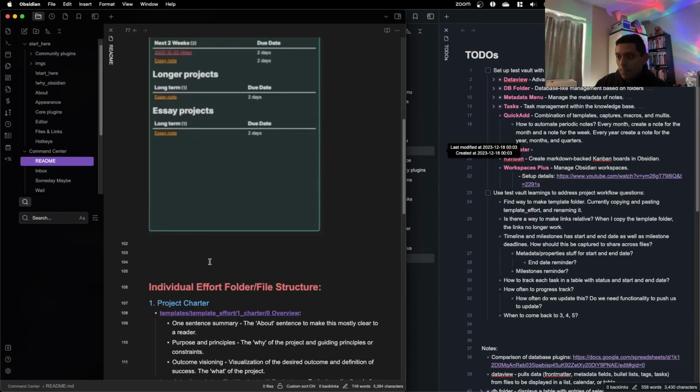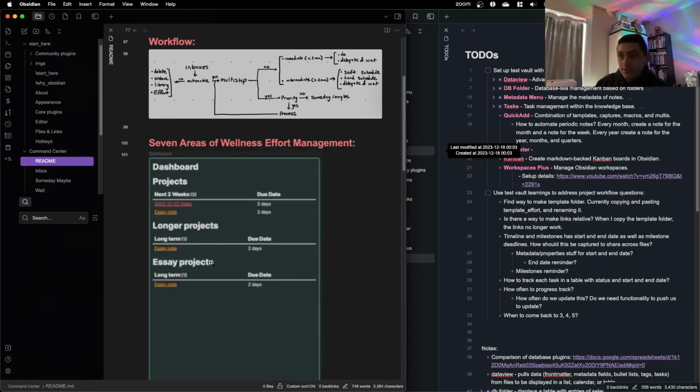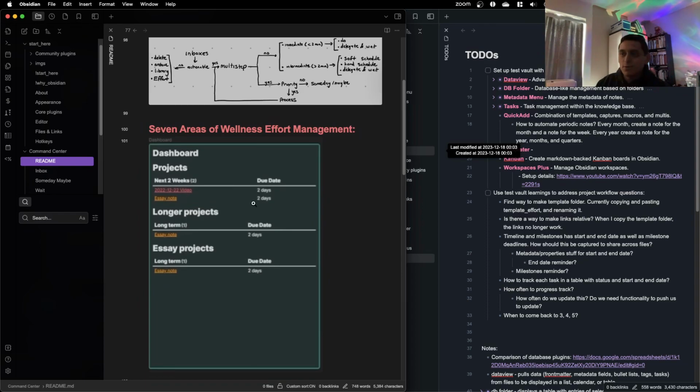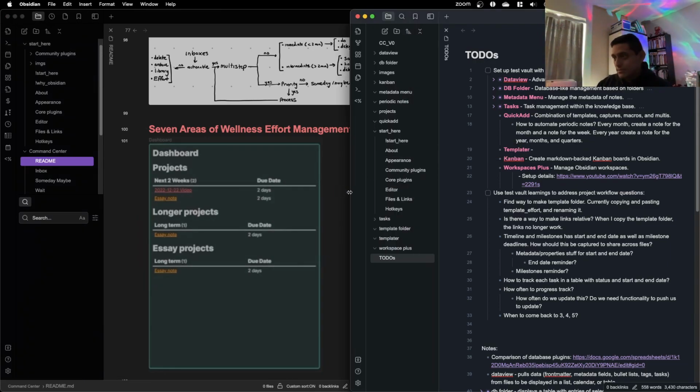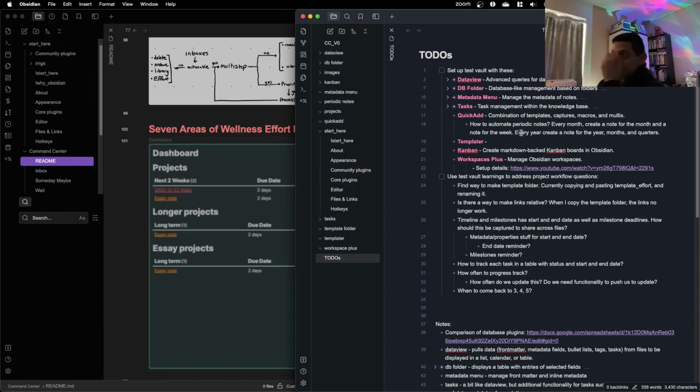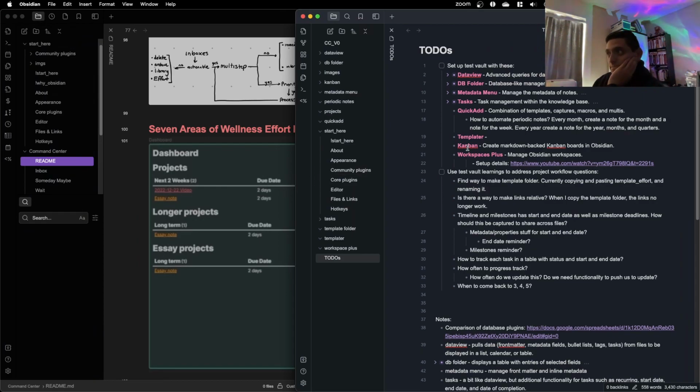And then, tracking tasks of multiple projects, that's where we go now to overall project management. And so this is what I'm working on, trying to create something of a dashboard to be able to track all the projects. And so where I last was, I was looking at these key community plugins.